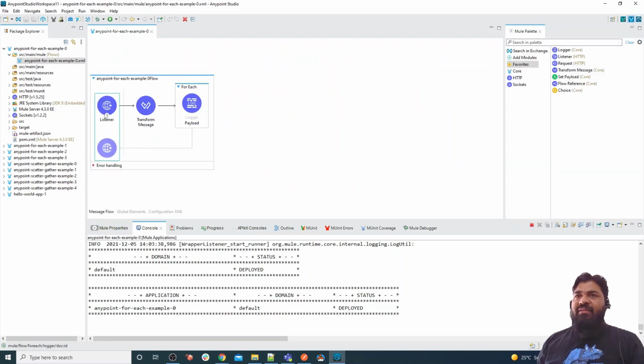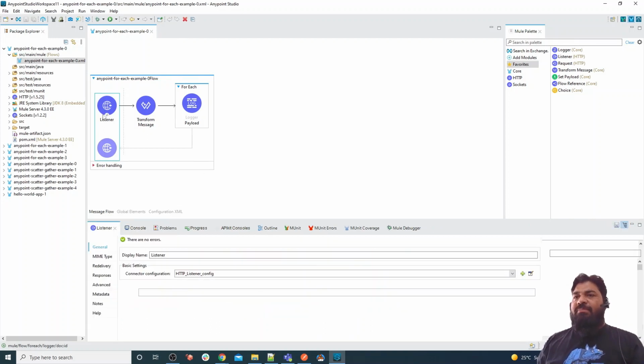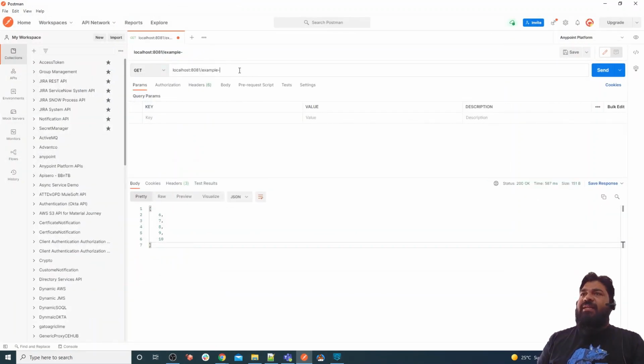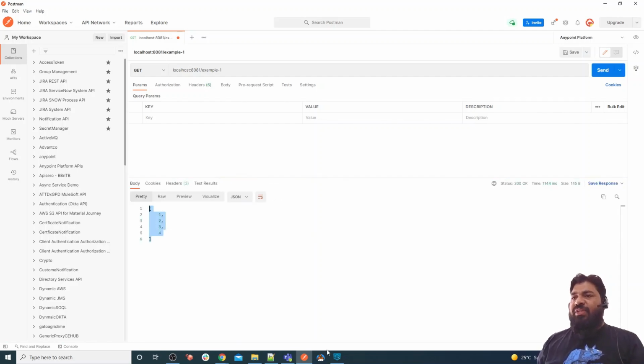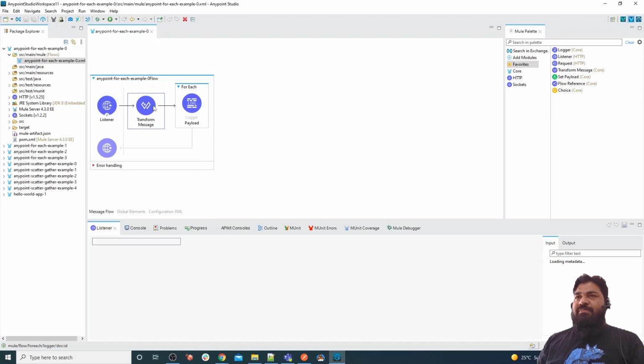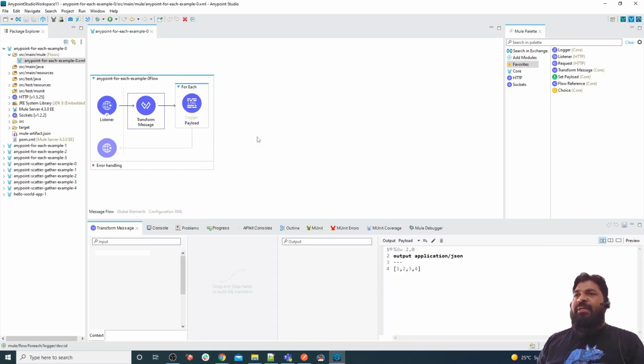So let me run this in Postman. Let me check what path I have mentioned. I have mentioned example one. Let me open the Postman collection. It is my example one. If I click on the send button, as you can see, 1 2 3 4 is coming, which is nothing but the input payload.